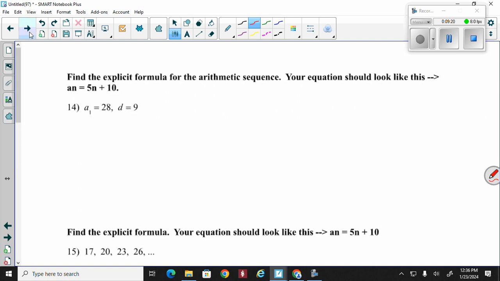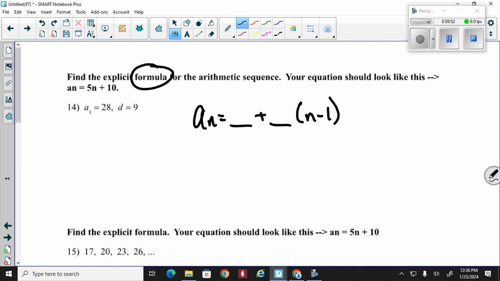All right, so now we're starting to get into a little bit of the trickier part in this. All right, so it says find the explicit formula. The biggest mistake that students are going to make is they're going to take this information, and they're just going to do something like 9n plus 28. You can't do that, guys. It's never that simple. Remember, everything always has to go through the filter of a of n is equal to something plus something times n minus 1. Try to remember this, and that is whenever I ask you to find a formula, you have to use